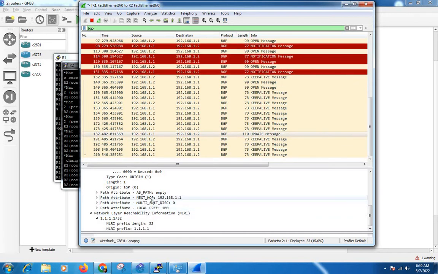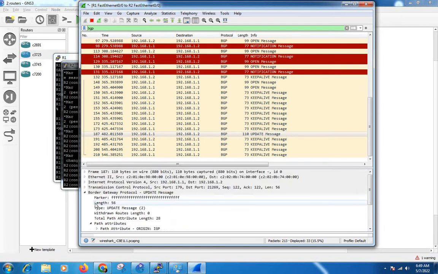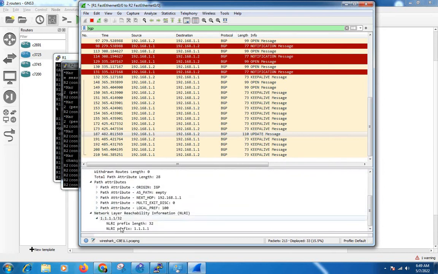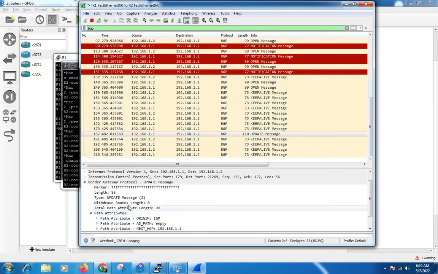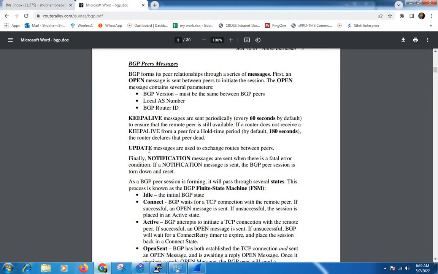Three of these are mandatory attributes, and this one is discretionary. The main thing here is the update message, which is used to exchange routes between peers.